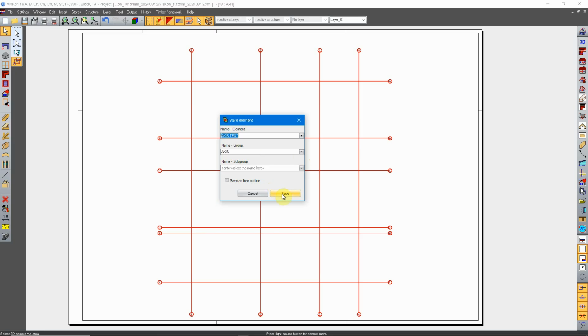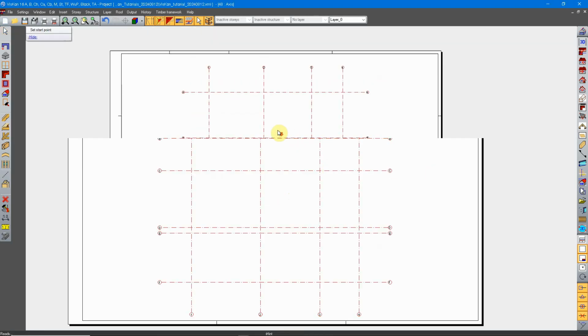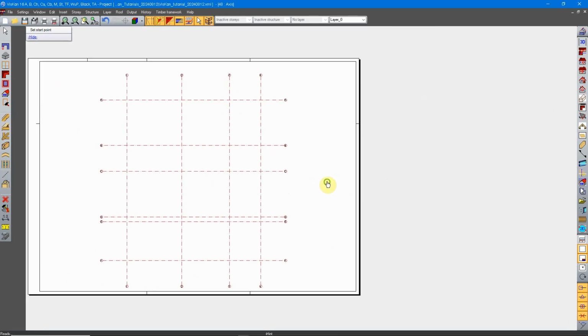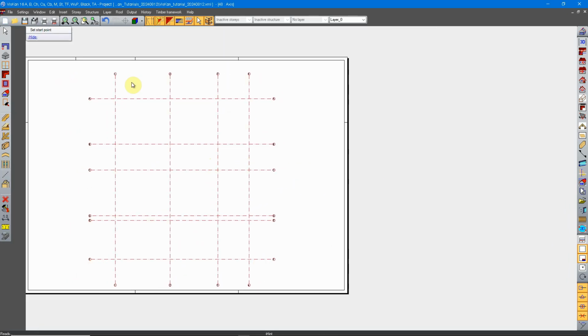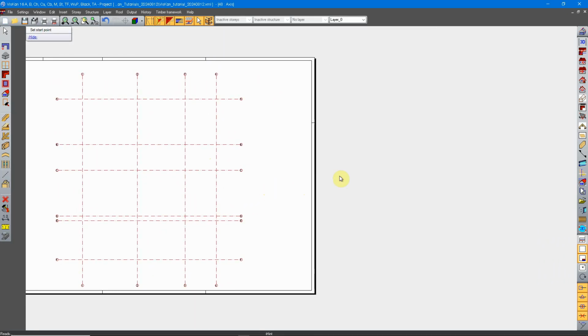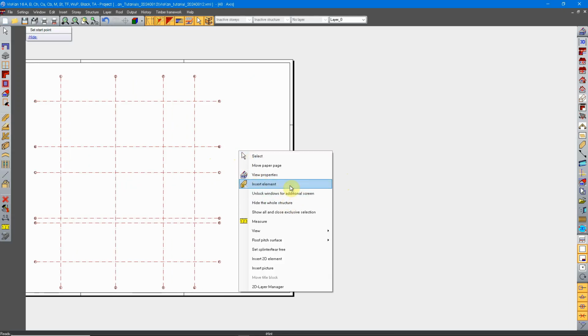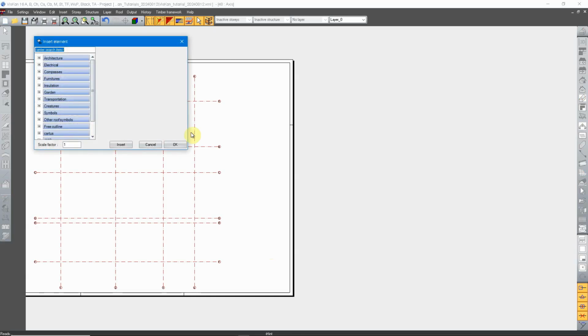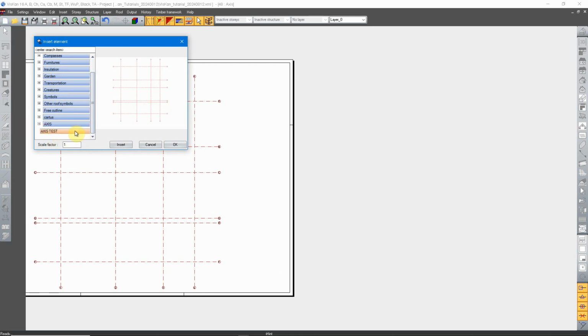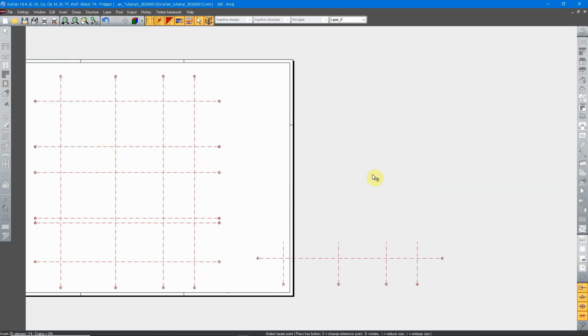I'm clicking on save, and now if you want to reuse this whole structure, you can do a right click, insert 2D element, and now I have here my newly created group of elements, and I have here my new block which we created. Click on insert and you can easily